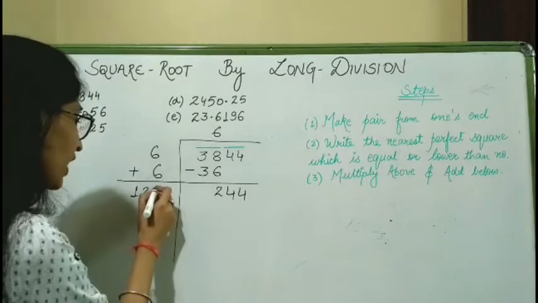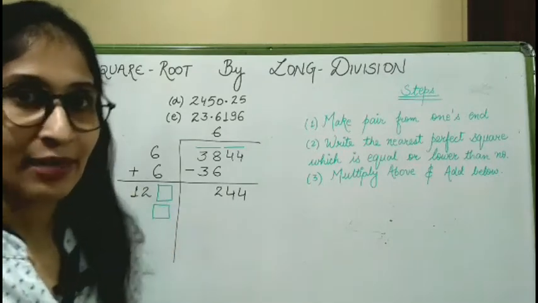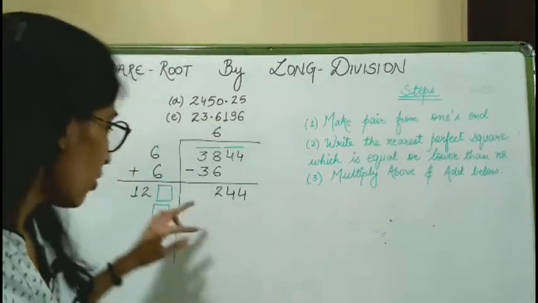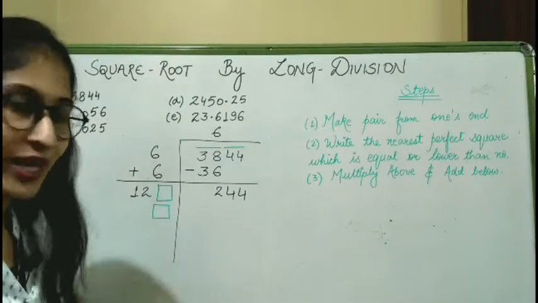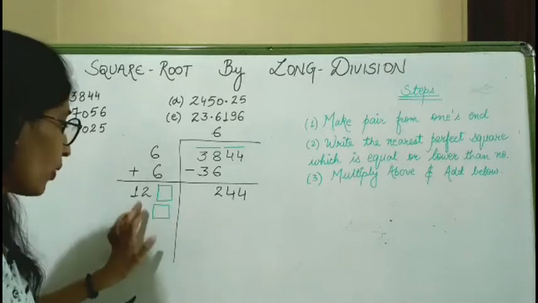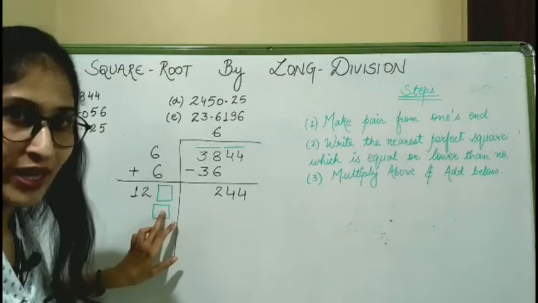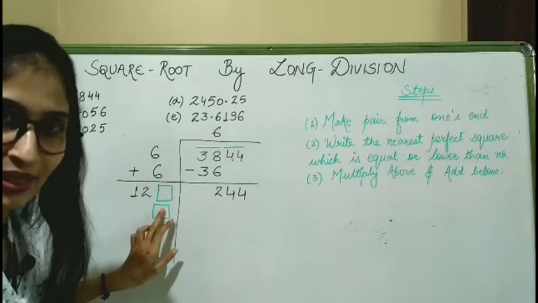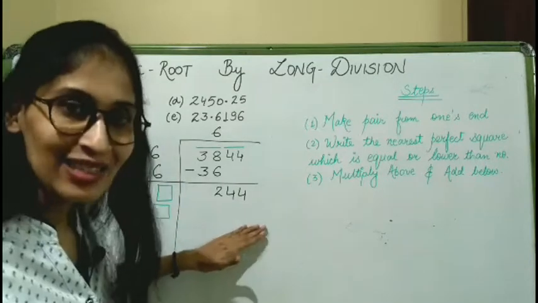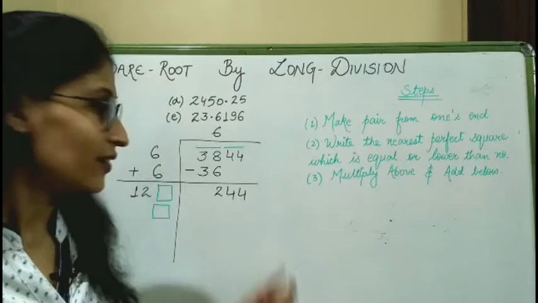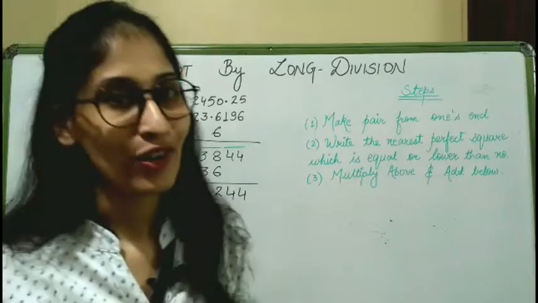Now I have to write a number here. In this box I have to fill the same number such that on multiplying the numbers, for example I am going to fill here 1. So the number at the top will become 121 and the number will be multiplied by 1. 121 multiplied by 1. Whatever number we are filling here, the product should be either less than or equal to the number which is written on the right hand side. This we have to find by hit and trial.